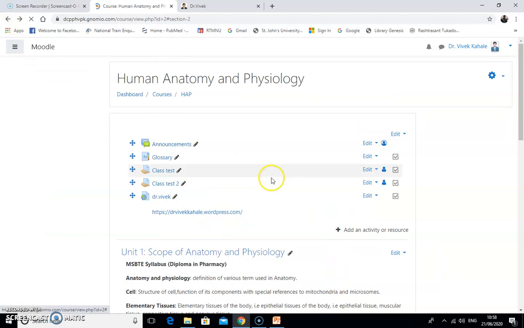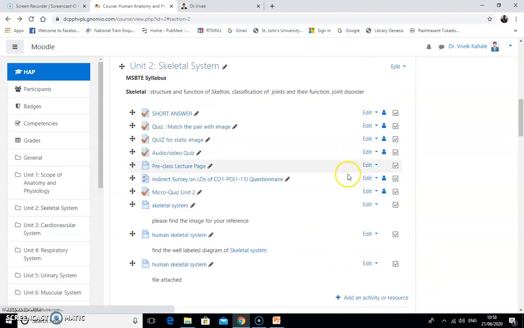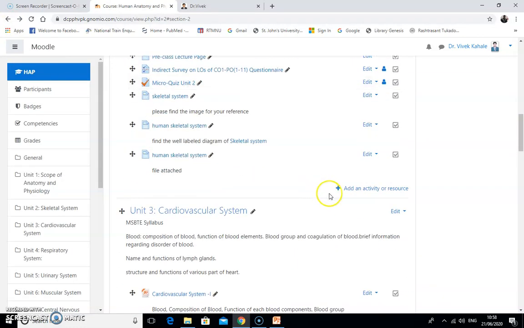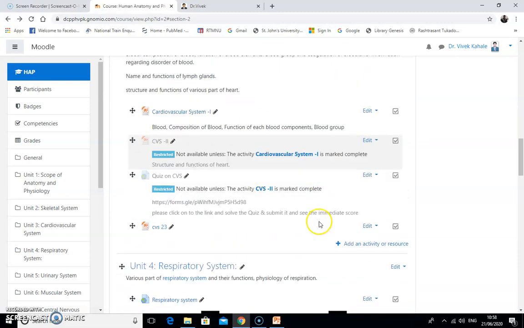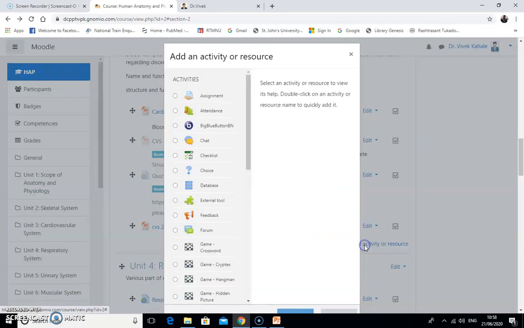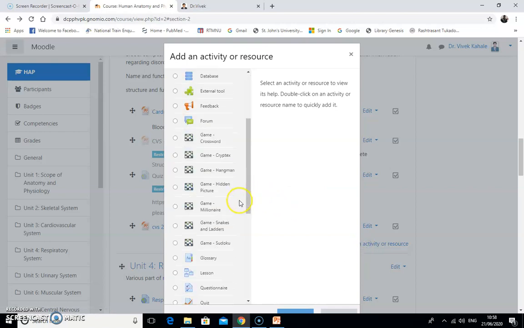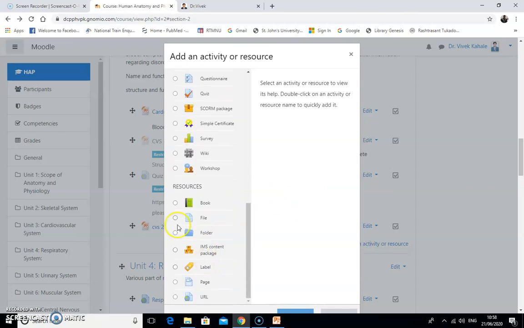Now again enter into the different units, enter into the add an activity. Here you have to select add an activity or resource. Here we have to add a file into that.